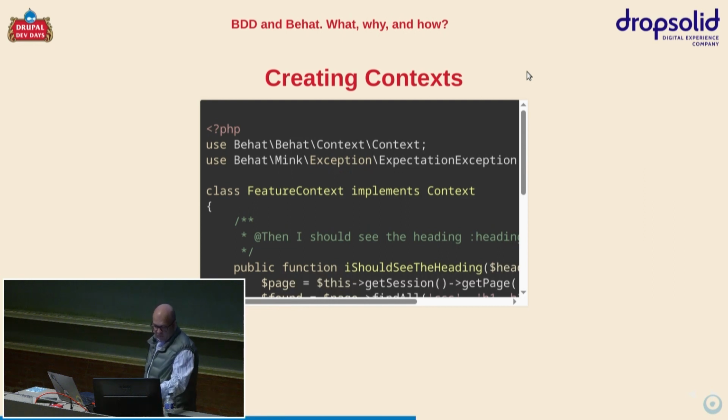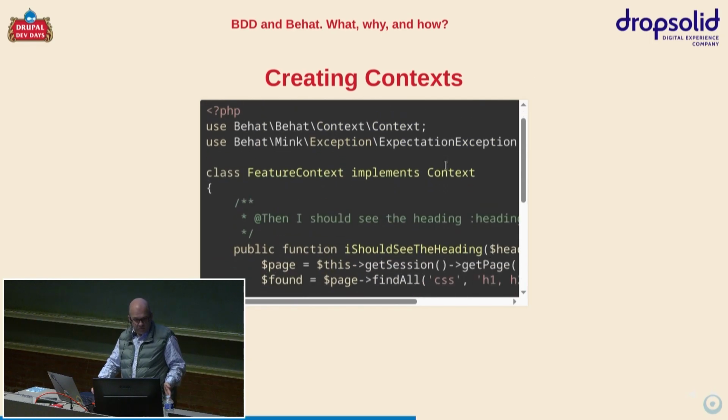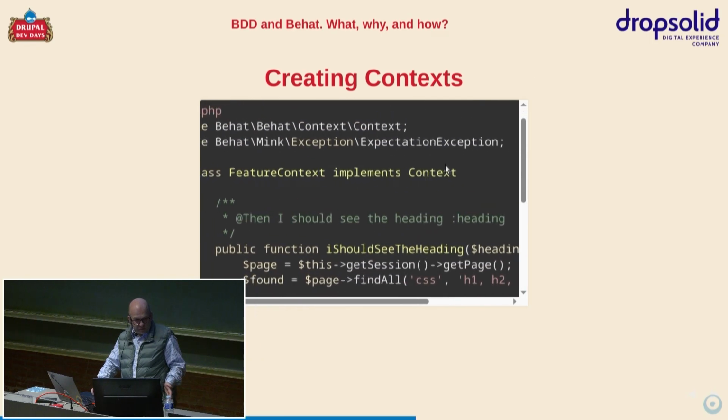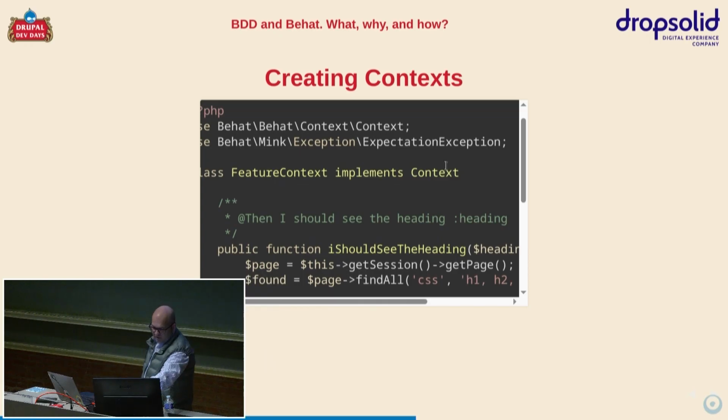And that's the feature context, the actual feature context class that may reside in your project. It contains step definitions that are specific for a project. I'm not sure if you can read from here. Basically, here's a step definition: then I should see the heading, right? And heading is the name of the argument. That means that if in my Behat scenario I see the step, I should see the heading and then something,